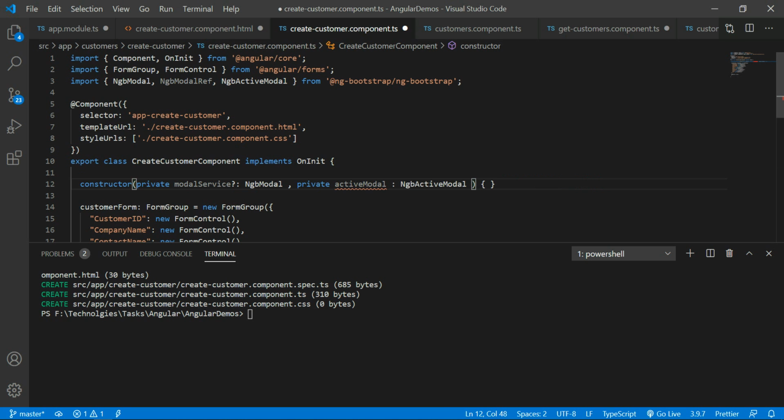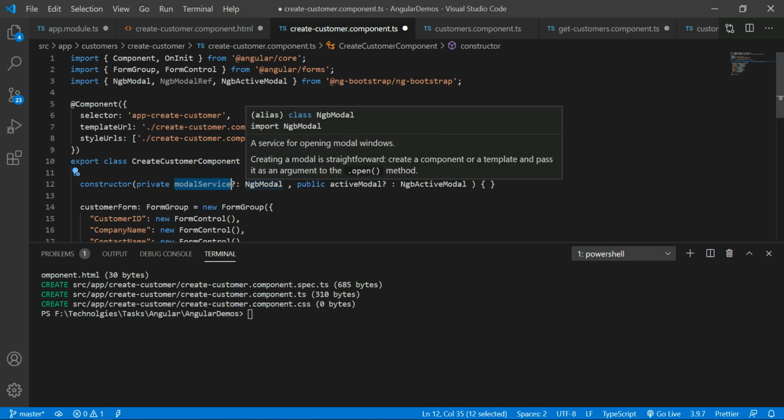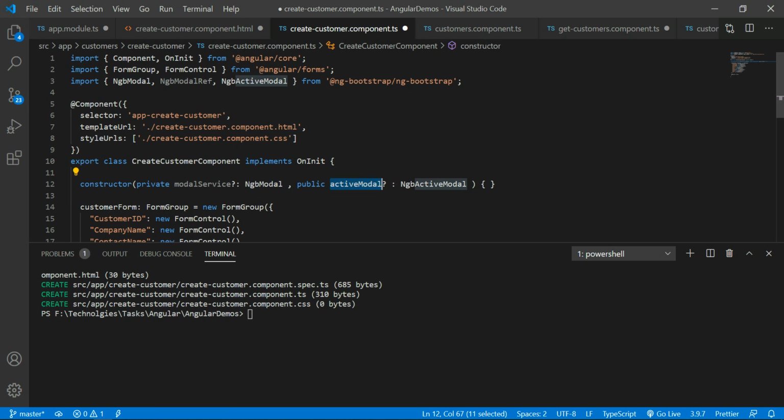Now this is completed, and make sure this is public because I'm using this active modal, and make sure this is optional. After an optional parameter, we should not declare a required parameter. So you should make it an optional parameter, or you can copy this entirely and paste it before the optional parameters.